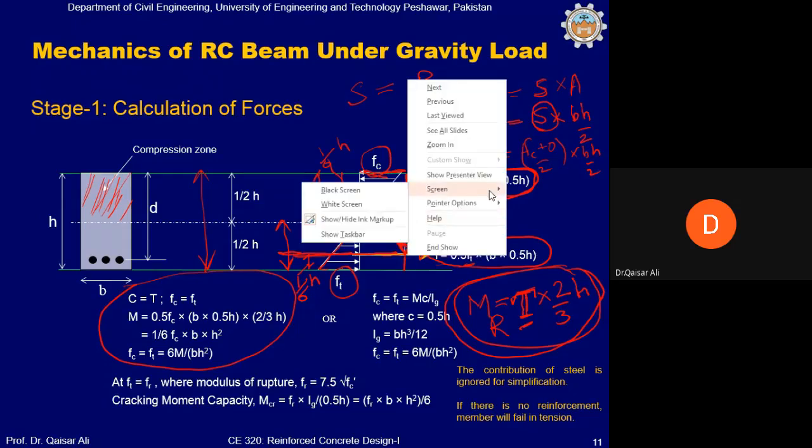अब बिगिनिंग स्टेज में हम कुछ इक्वेशंस देखते हैं। इस इक्वेशंस को मैं एक और वाइट स्लाइड पे आपके लिए दोबारा लिखता हूँ। स्टेज नंबर 1 पे हम कोई डिज़ाइन नहीं करेंगे, लेकिन लेट्स से अगर आपको एक ऐसे बीम को डिज़ाइन करना है जिसमें कोई रिइंफोर्समेंट नहीं है, या आप चाहते हैं कि इसमें कोई क्रैक ना आए, तो आप स्टेज नंबर 1 की इक्वेशन इस्तेमाल करेंगे।